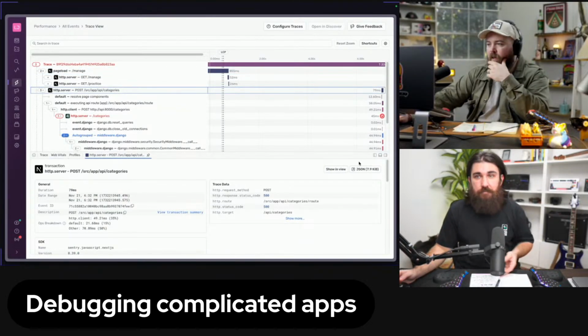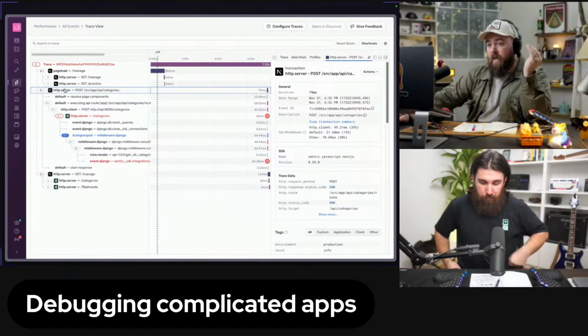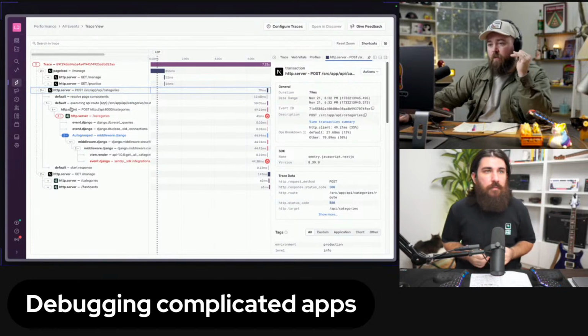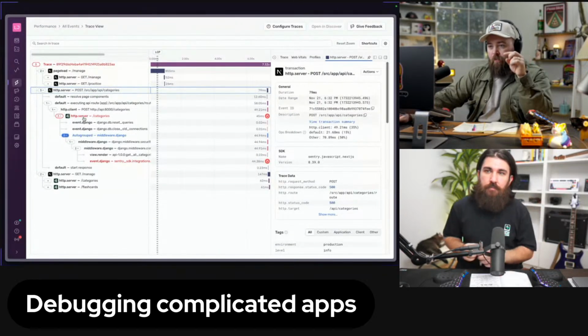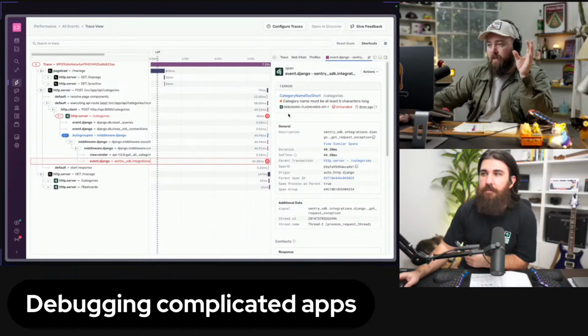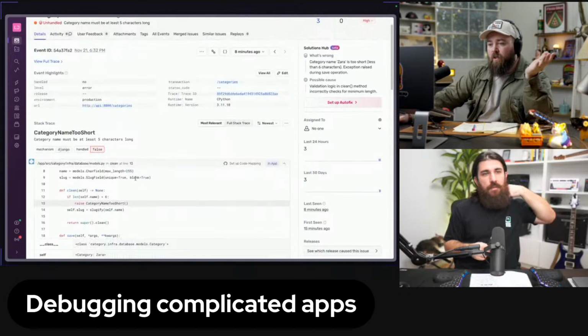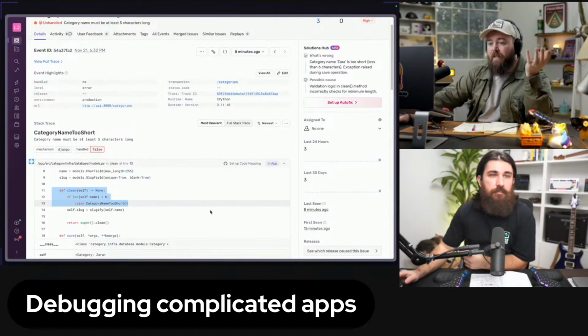All right, so this is how we connected the front-end issue with the back-end issue. It's great knowing how the apps work. As the owner of, let's say, the front end, I can see, all right, here's where I posted, and then we see that this went through, and I can see that the error came from Django. So we have proof that the error is happening on the other side. Then being able to come in here and say, oh, we hit this specific error. Exactly. I don't have to be on that team to know. Honestly, this is kind of a game changer for me as a dev, because I don't own this service.